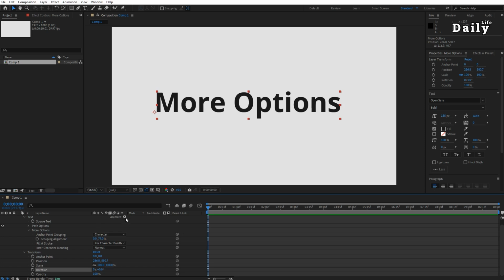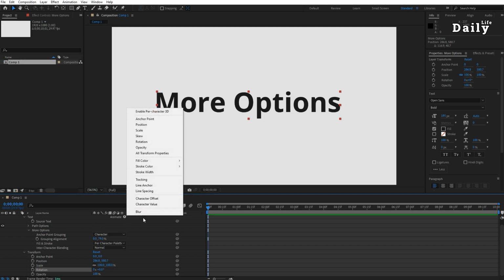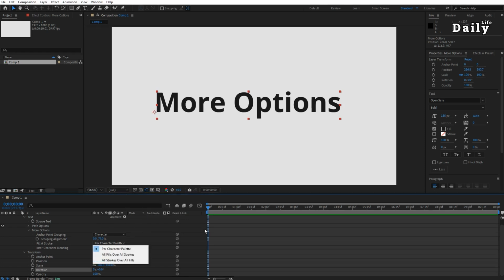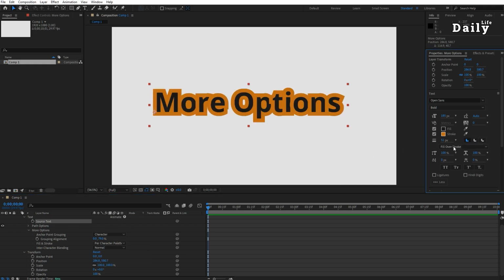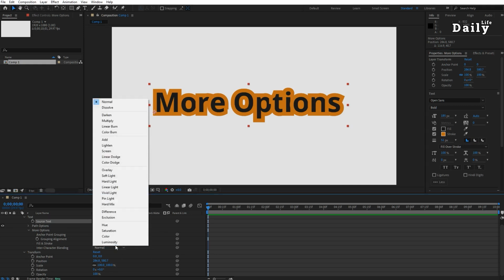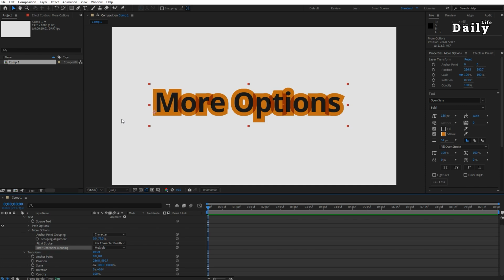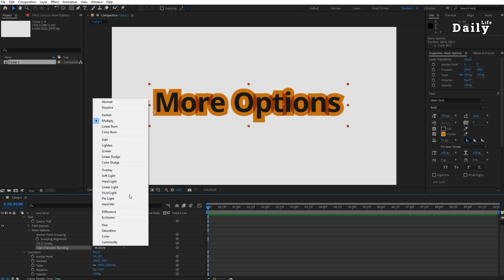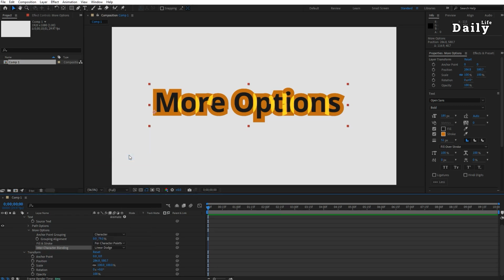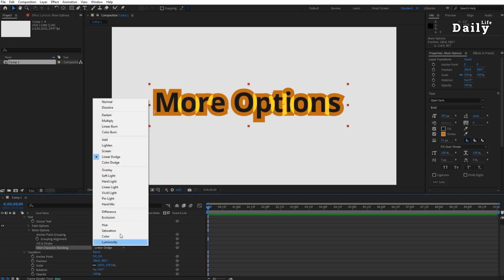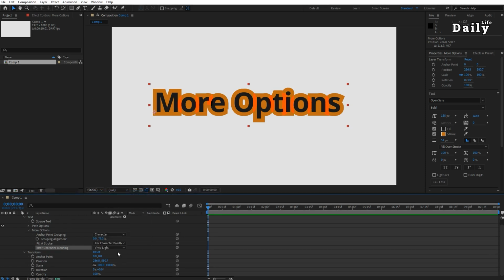Here the magic happens when we start working with the animate tools. We will cover these tools in a little further. Next, fill and stroke properties, which we learned earlier. You can even change the mode here. This mode impacts how characters blend, rather than blending the entire text layer with the layers below. It applies blending modes to each character individually. Pretty neat, right?